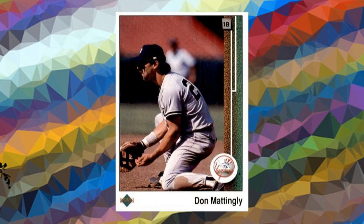1989 Upper Deck Don Mattingly, number 200. Mattingly followed 3 seasons of Hall of Fame production, 1984 through 86, with 3 more at mere superstar levels. That slightly immortal run wrapped up in 1989, which put his inaugural Upper Deck card of Donnie Baseball right in